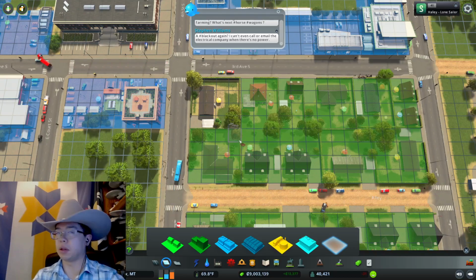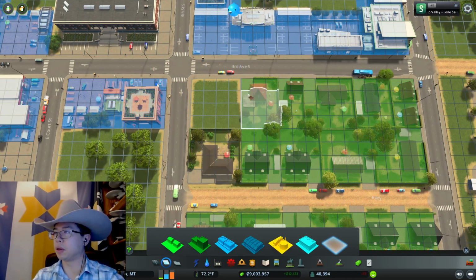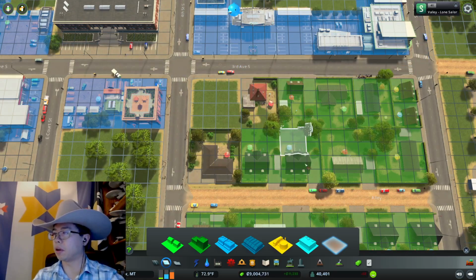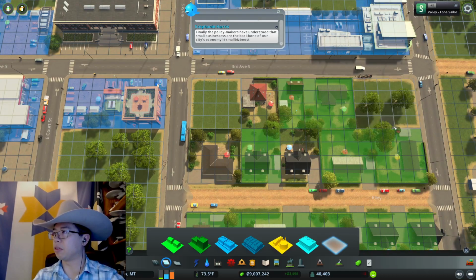And then what we're gonna do here is alternate between houses which are positioned in the alley and some which are positioned by the street, because